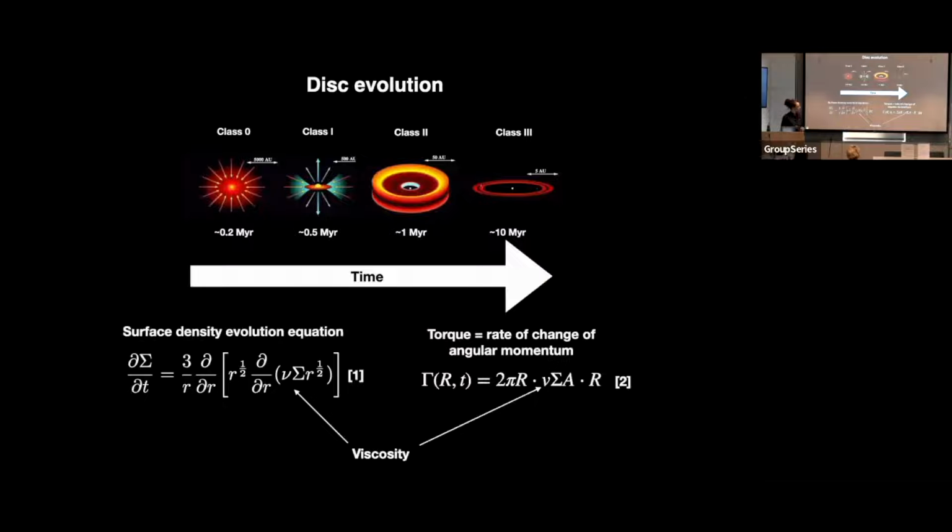So this equation is the evolution equation for disk surface density, basically changing over time under the action of internal angular momentum transport. What you can see here is this nu is some viscosity. In order to redistribute angular momentum, you need a torque. In this scenario, this torque, this rate of change of angular momentum, comes from this viscosity. If you don't have this viscosity, there's no torque.